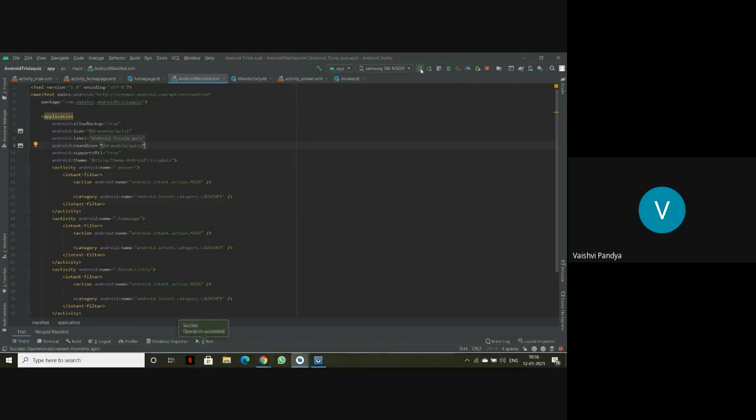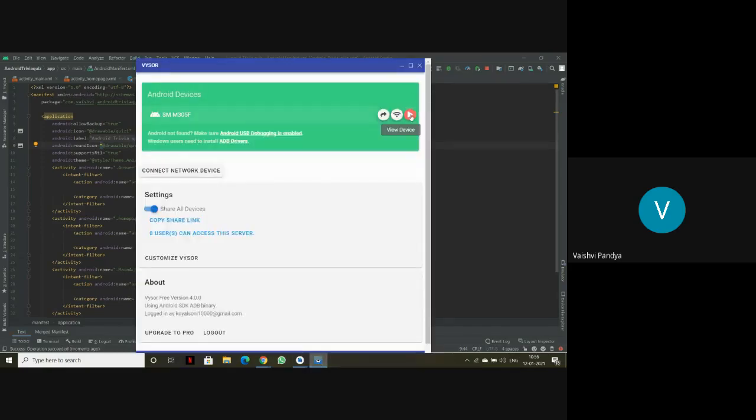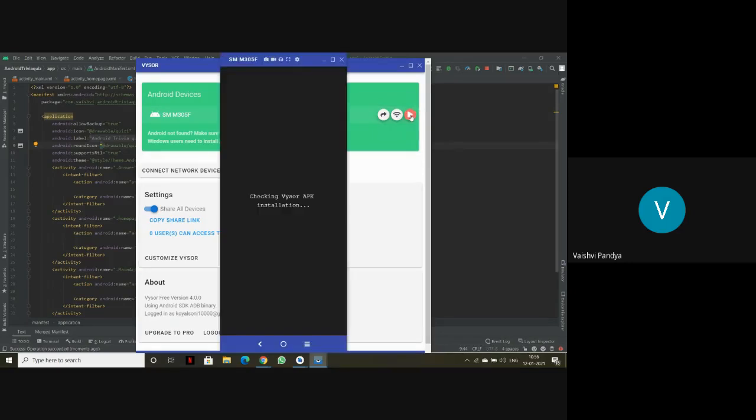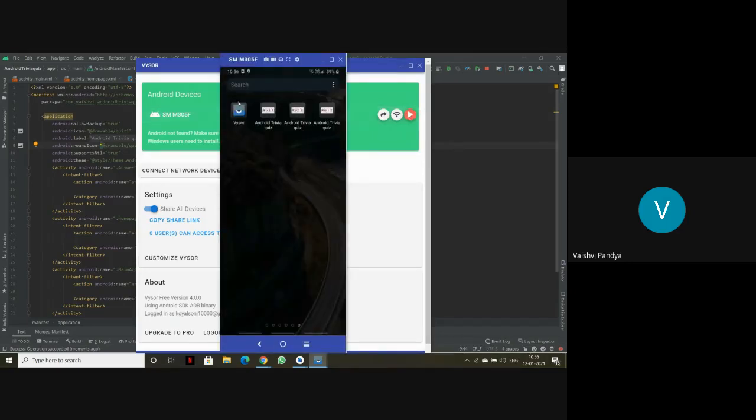It is already done, so let us see. I'll show you in the visor how my phone screen looks. As you can see here, all three have been changed.